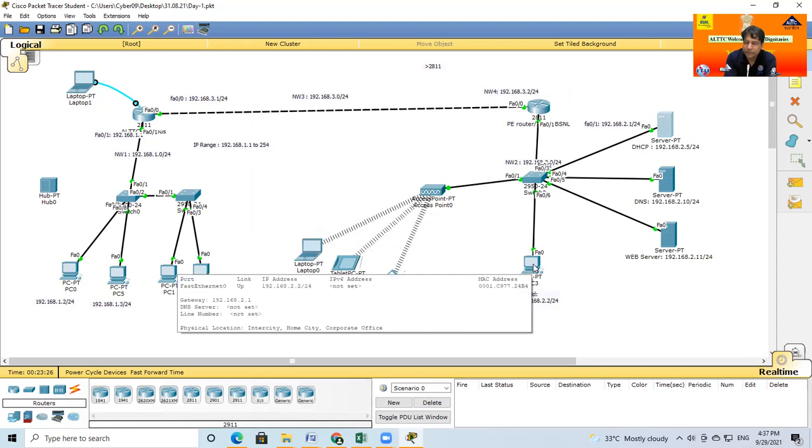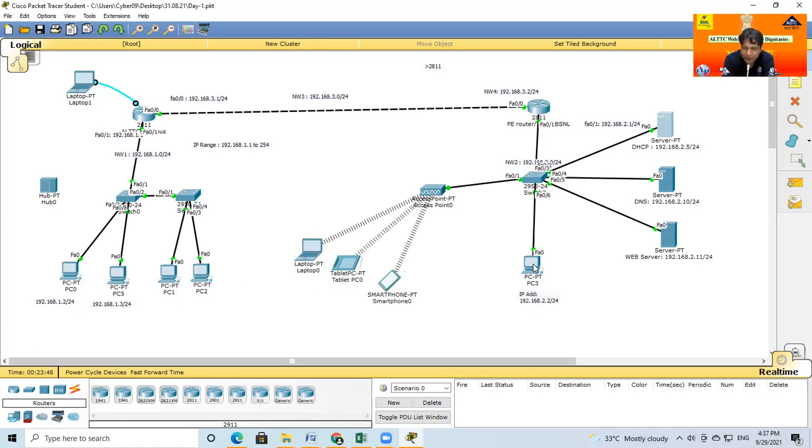Already one more thing was discussed: a normal computer can also be made a server. The problem is that if I make a normal computer a server, the server works 24 hours continuously without power supply breaks. That means your computer life, up to a maximum of 90 days, will automatically expire. So to save computer life and for the more time required by the service, we use a server computer.